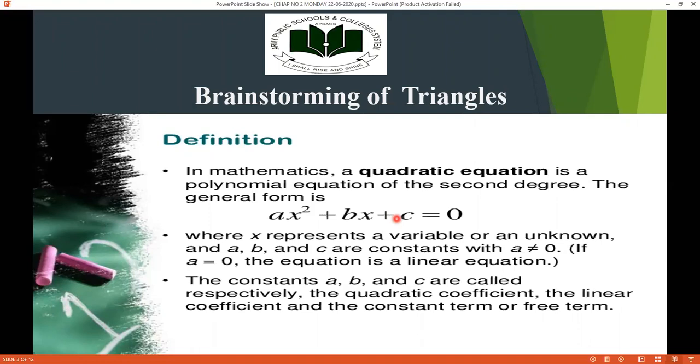Now we are in chapter number 1. We have done how we will solve the quadratic equation, but now we are going to start more things, more applications, more formulas, more derivations of the quadratic equation. We are going to read about the theory of quadratic equation. Okay, let's move to the next.